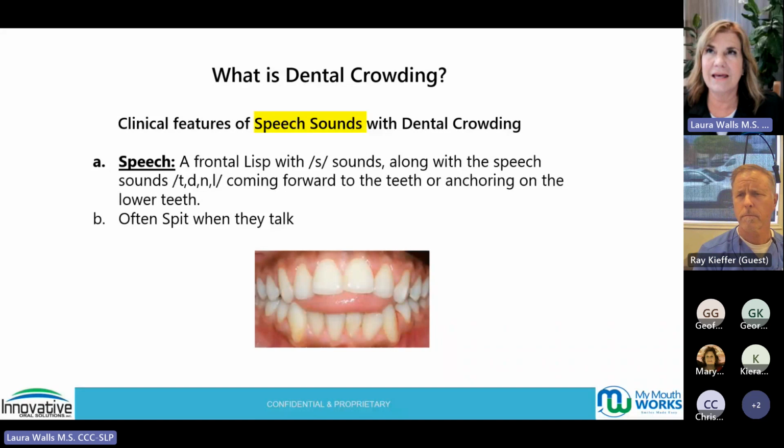Dental crowding, you'll see a lot of speech articulation issues with S sounds or Z sounds, and then T, D, N, L. When they're talking to you, their tongue's kind of going forward like this, and it's going in between the teeth. And they spit a lot because they often have an open bite, or there's openings and their mouth is open all the